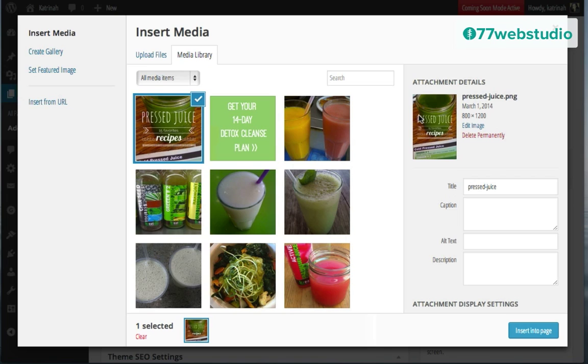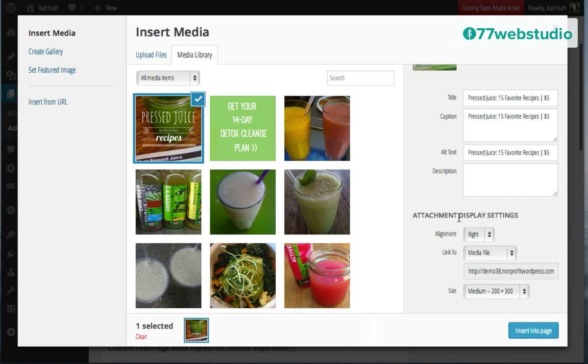Then once WordPress has uploaded the image to your website, here on the right-hand side you can add your title as well as the alternative text. Also note, for this particular example, I'm also going to add a caption, so I'll add the same thing right here. Okay, once you have your caption, title, and alternative text added, then scrolling down, I can choose my display settings. I will just leave it as the left align, I guess, or center. Actually, I'll put no alignment.